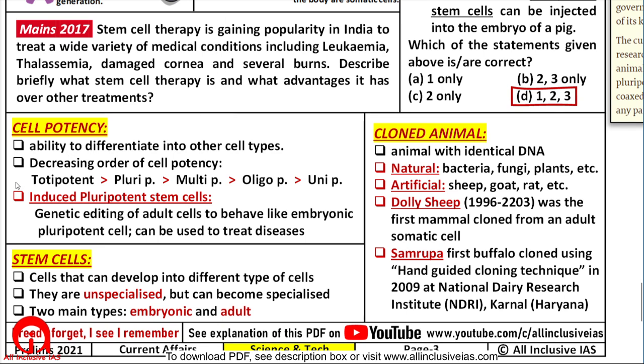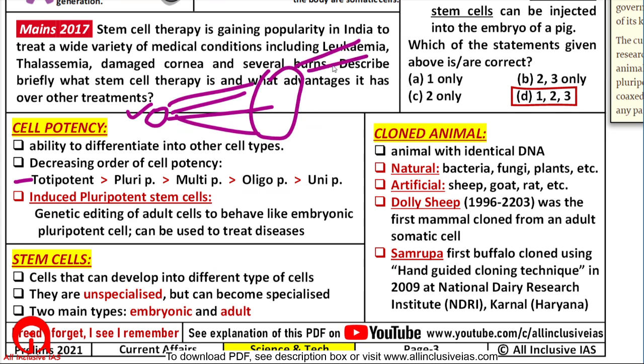So a totipotent cell is a cell which can differentiate into any kind of cell of the human body. So the first cell from which you were made, that was totipotent, and from that different types of cells were formed. They were then pluripotent. They can differentiate into many types of cells, but a limited number of cells.